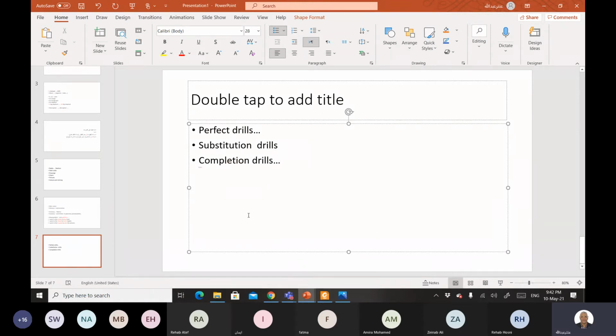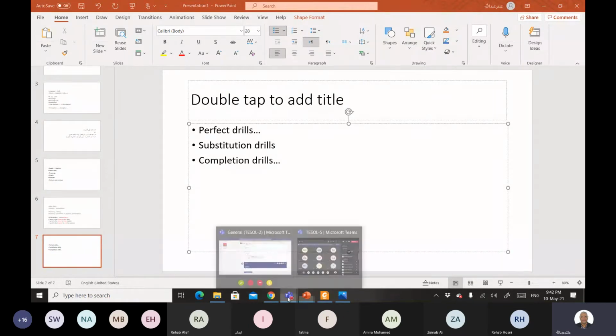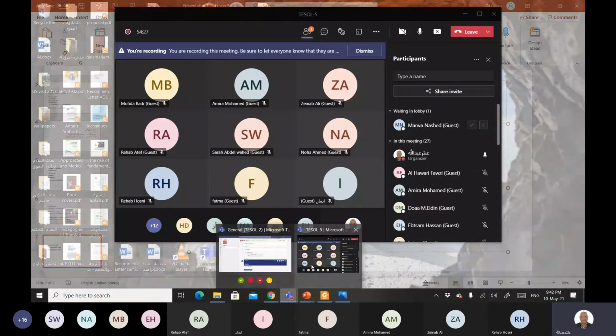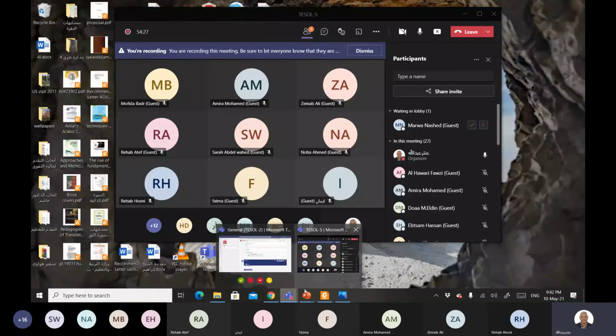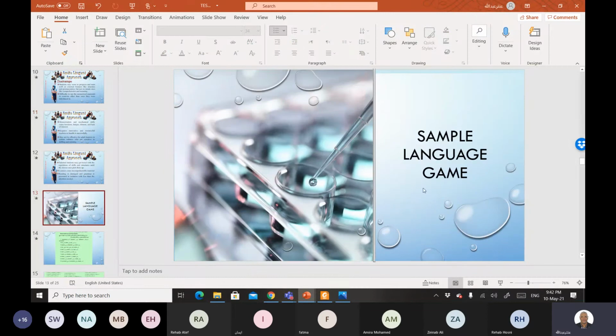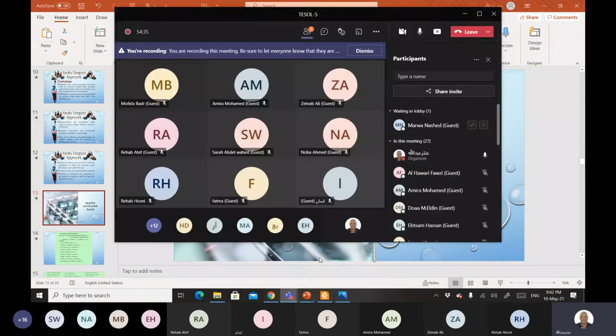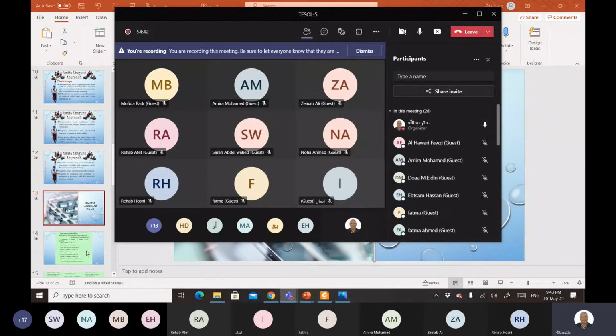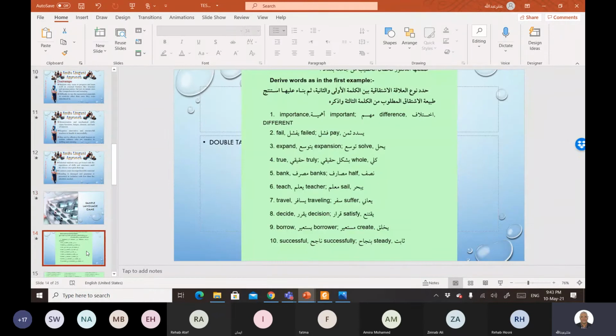So we will now do a substitution drill suitable for your level, to see if you can continue with us in it or not, as a language game using the audio-lingual method, a sample language game. I see that about 25 people have now joined us, so we have a good number to run this game, and so we can start directly. So